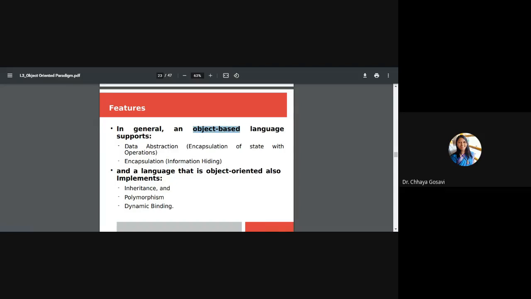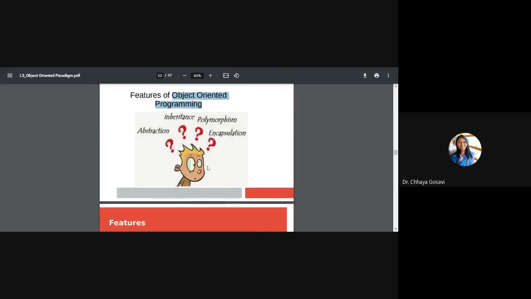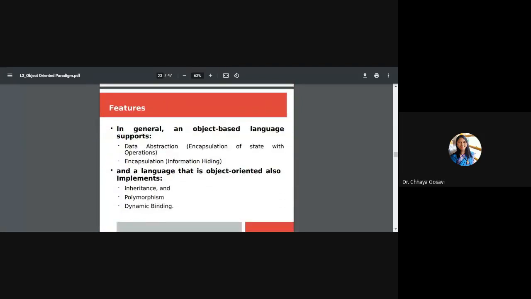In this paradigm, there are two classes, object-based and object-oriented. Object-based means it supports only two features out of these four. These four features describe the object-oriented paradigm. If it supports only encapsulation and abstraction, then it is called an object-based language.